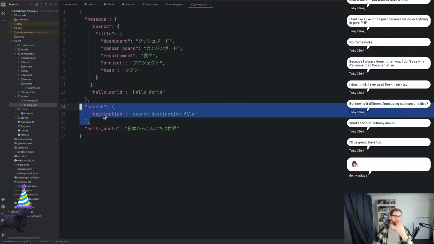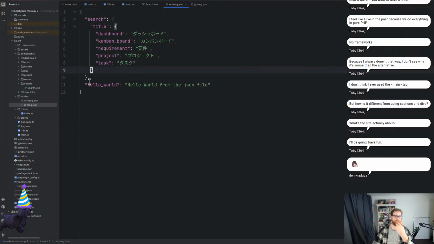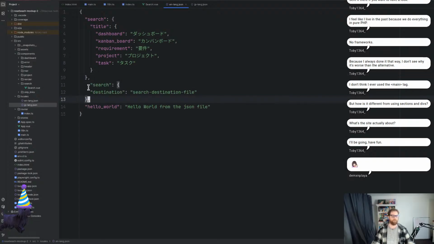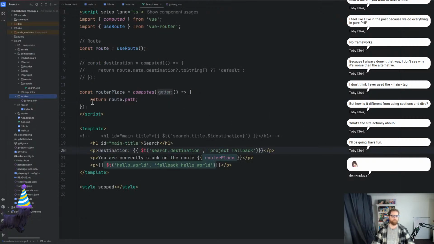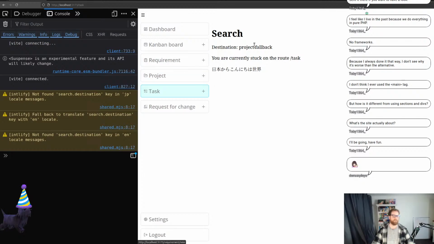Just in case, I'm gonna copy this. I'm gonna go over to the English language one. I'm just gonna cause some trouble. I'm just gonna open up that and paste that. In fact, I'm just gonna get rid of the English language one. Don't know why I tried safe deleting it. So yeah, we've got project fallback. So not found, search just destination, key, and alert local message. Now that being said,